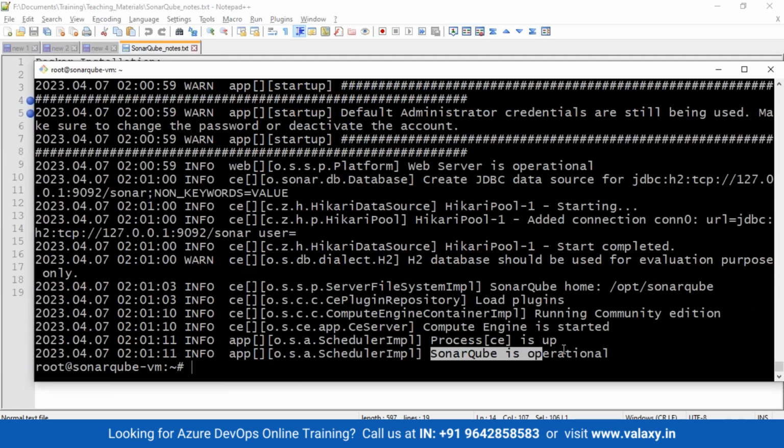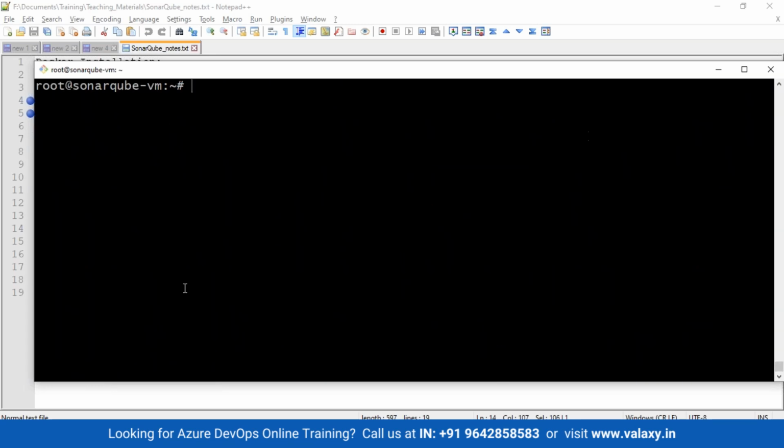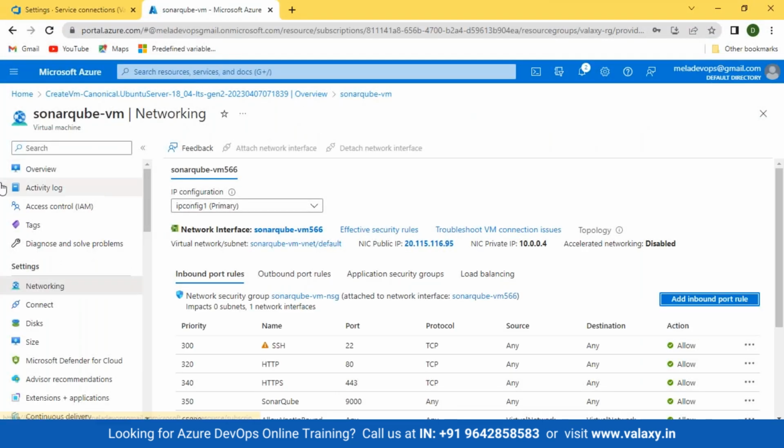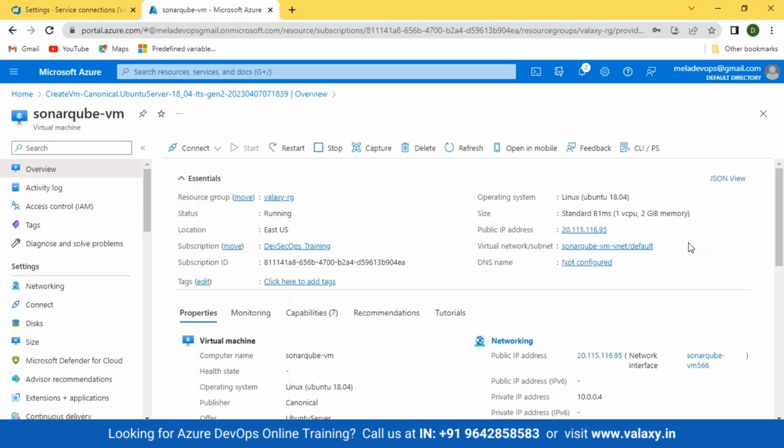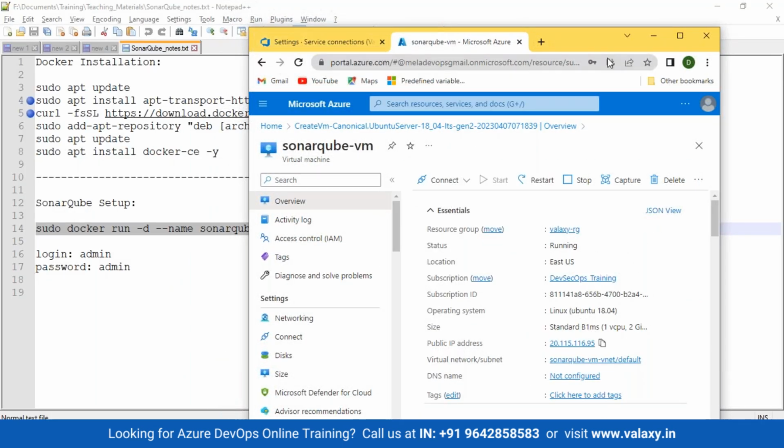Okay, let's see, SonarQube is operational. This is the thing which I'm looking for. Once you get this message that Sonar Compute Engine is started and SonarQube is operational, now you can go and access SonarQube, basically. Okay, guys. So let's go back. To access SonarQube, go to this public IP, open a browser,